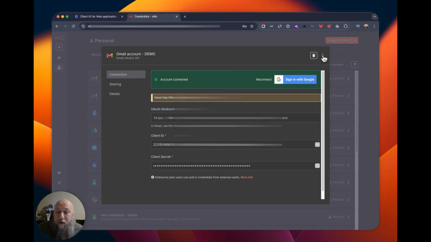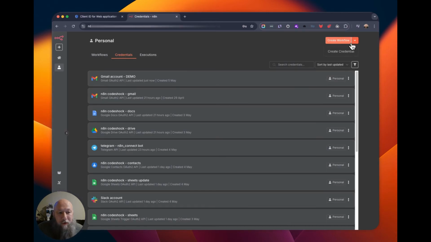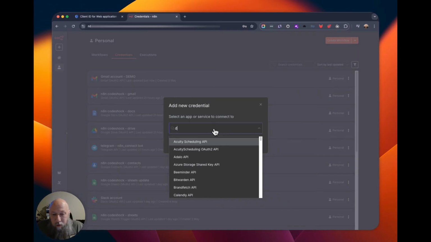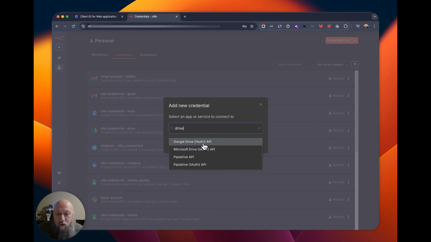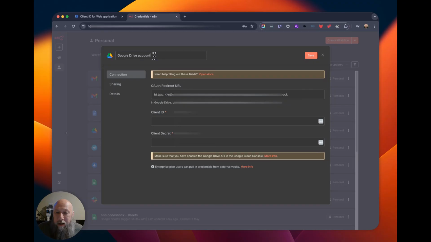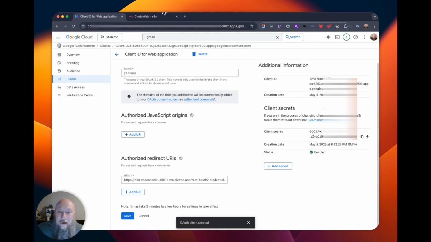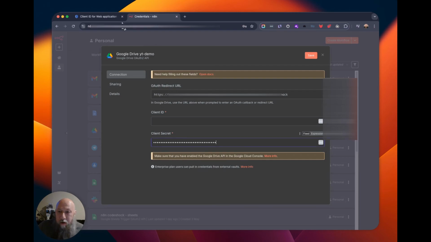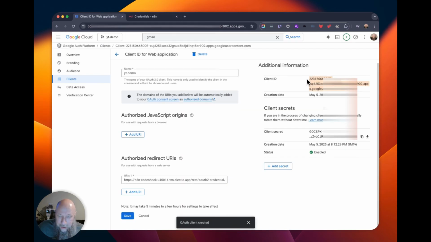Now let's look at a couple of others so that you can get all of your Google APIs set up. And let's make another one. Come over here, create credential. The next one we want to do is Drive. Okay, Google Drive Auth here. We're going to rename it. I'm just going to call this YT demo again. Notice the callback is the same. We're going to need the client ID and the secret, same as last time. So I'm going to come over here and grab the secret, put it here, grab the client ID,